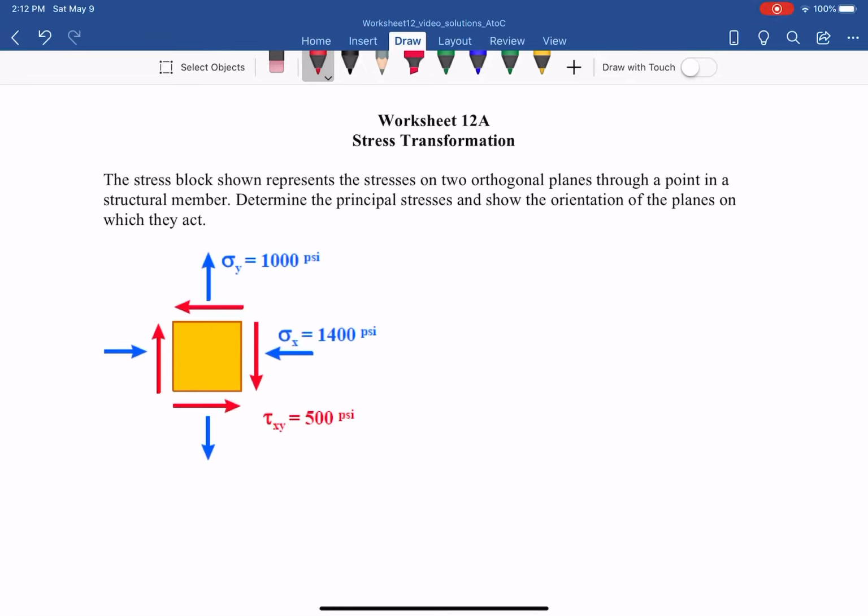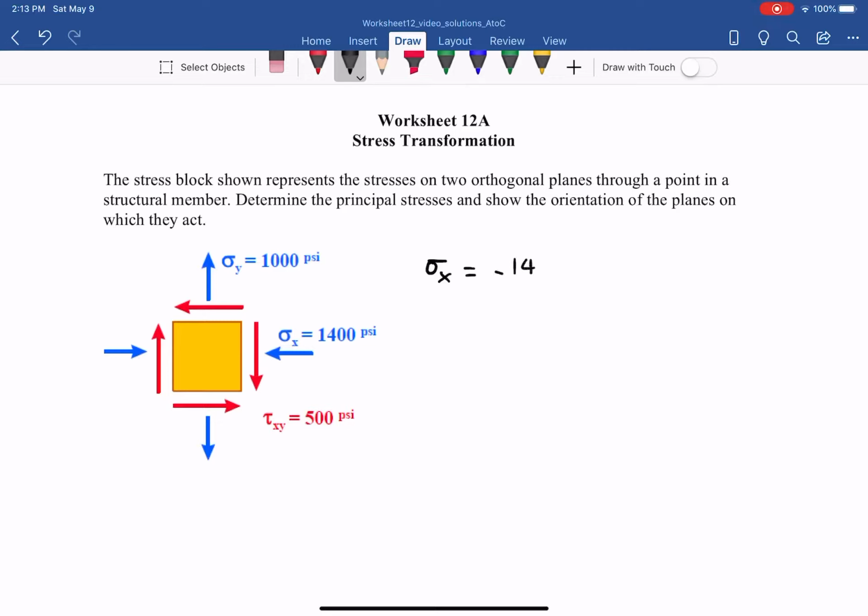Worksheet 12A, and I suggest you practice and see the solution for worksheet 12C before we move to 12A. The same stress block as in 12C, and in this case we have sigma x given equal to it in compression,